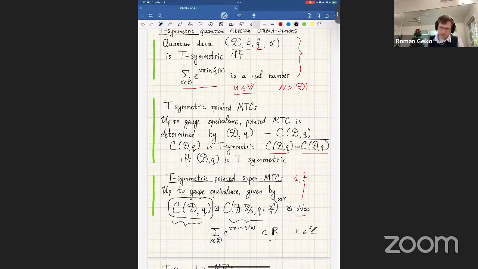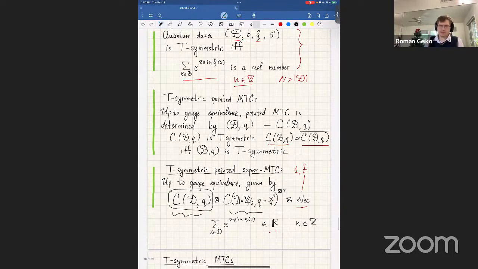Excuse me, sorry, what's the formula at the top? This little n inside the exponent, 2 pi i n q hat. What's this? Yeah, this is just the label of the higher Gauss sum. So n equals 1 gives me the usual Gauss sum, right? But I need all of them. I see. Well, yeah, I mean, as I said,